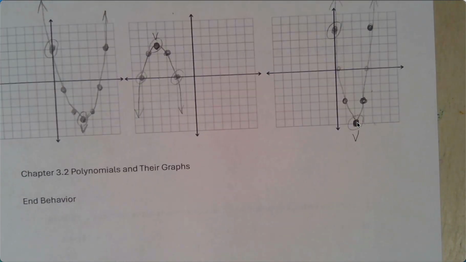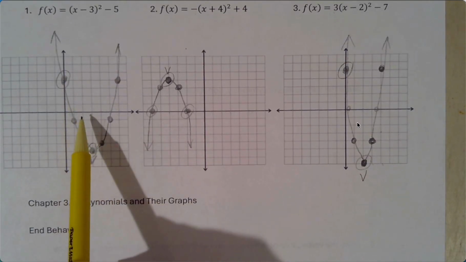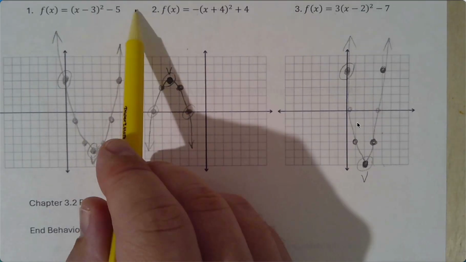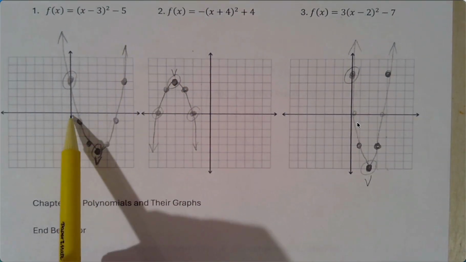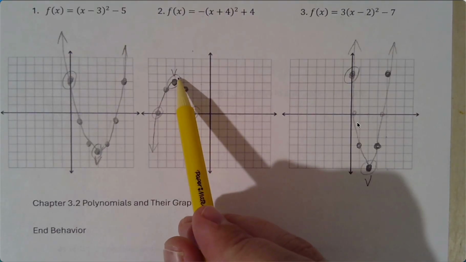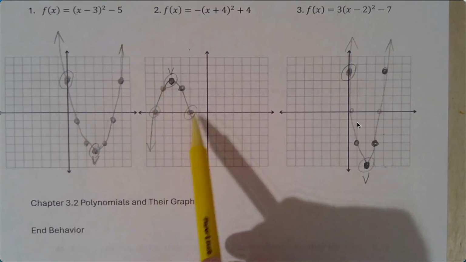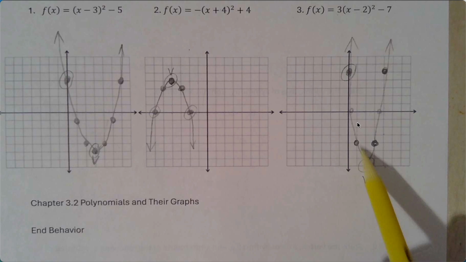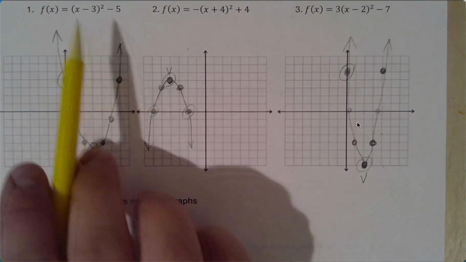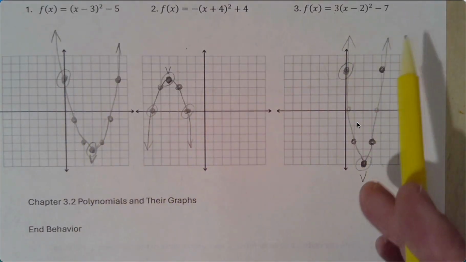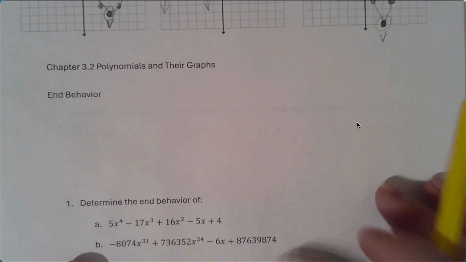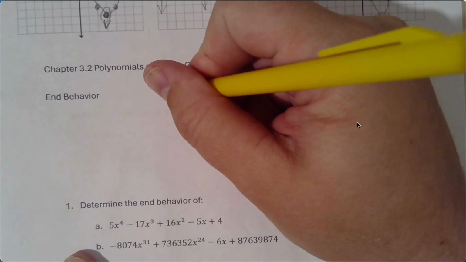So, in other words, like this graph goes up into the left and this graph goes up into the right, or we would say as it goes left it rises, and as it goes right it rises. Now this graph, as it goes left it falls, as it goes right it falls. This graph, as it goes left it rises, as it goes right it rises. And what you'll notice is that for quadratics, you always say the same answer, and we're about to find out the reason why. So if you've got a polynomial,